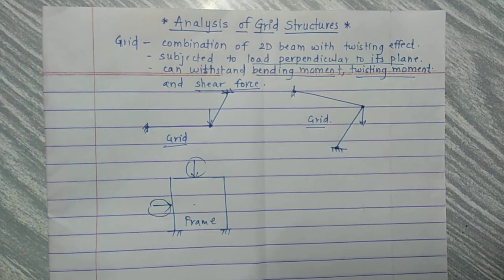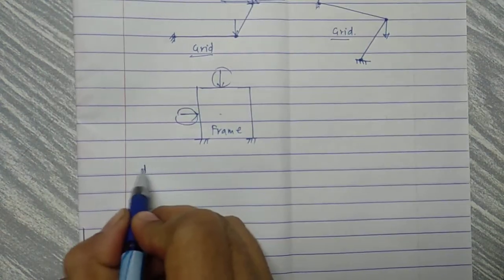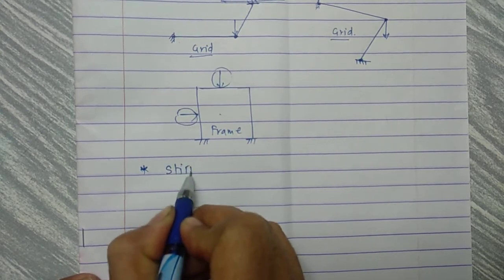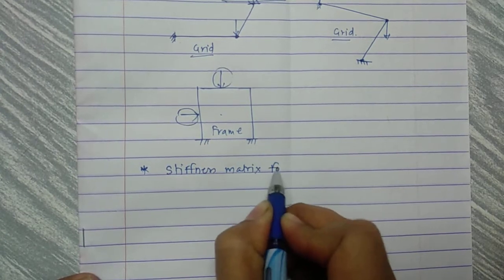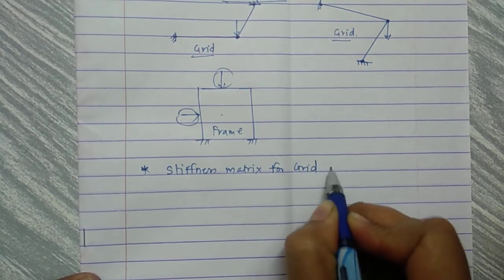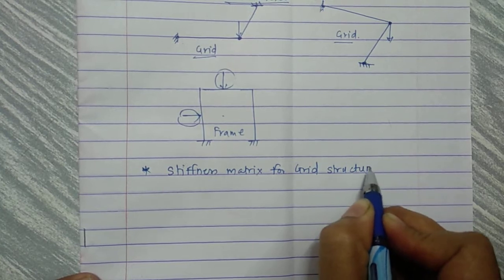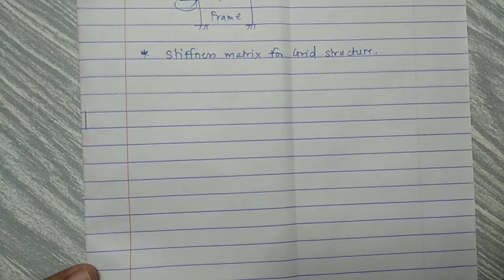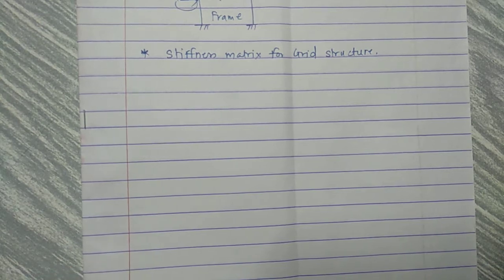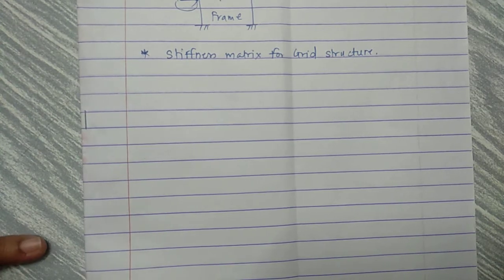Okay, now we will move to the second point, that is derivation of the stiffness matrix for this grid structure. This unit also contains two approaches, that is structure approach and member approach. So first we will cover the stiffness matrix derivation part and then we will move forward with numerical problems. Okay, so to start with the derivation of the stiffness matrix for a grid element,